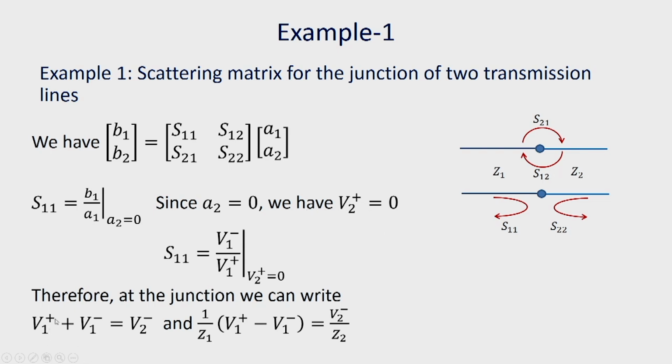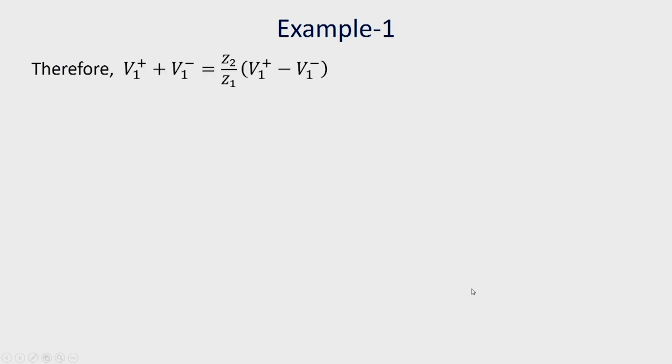So, we can write V1 plus plus V1 minus is equal to V2 minus, and if we equate the currents, then we can write 1 by Z1 times (V1 plus minus V1 minus) is equal to V2 minus by Z2. And therefore, rearranging the terms, we can write V1 plus plus V1 minus is Z2 by Z1 times (V1 plus minus V1 minus),